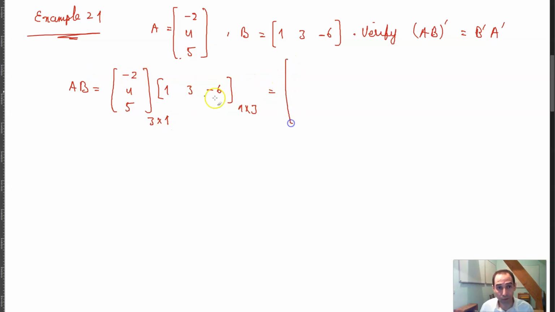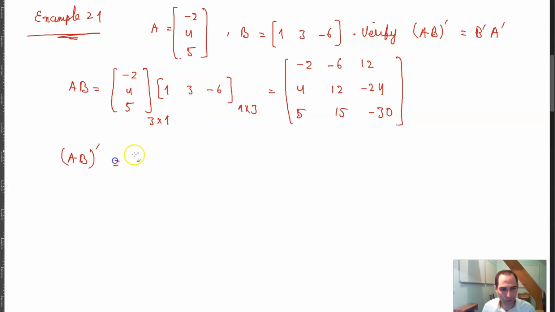So you have basically -2, -6, +12, then 4, 12, -20, then 4, 12, -24, then 5, 15, and 5, 15, -30. That is A times B. Now to calculate AB whole transpose,